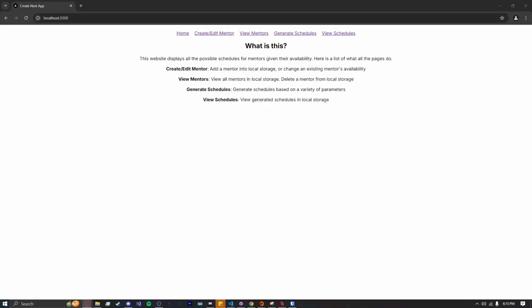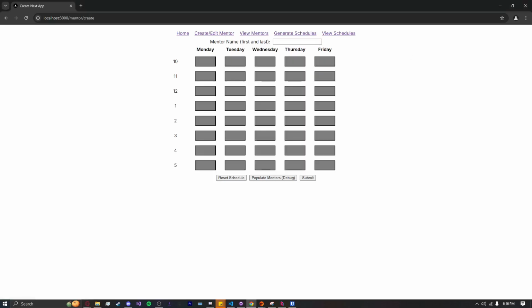The homepage didn't need much since it's just text. I added a brief description for what each page does. At the top you can see the navbar has each link in a horizontal line. It's a lot better than having them vertical in the top left corner like before. The Create Mentor page is similar, but now all the content has shifted towards the center. There's now a button to reset the shift availability back to a blank schedule, just so the user doesn't have to manually reset it or refresh the page.